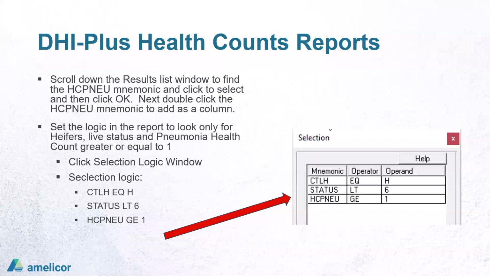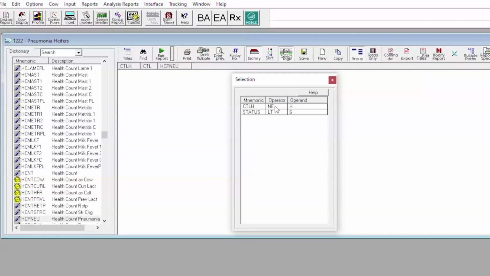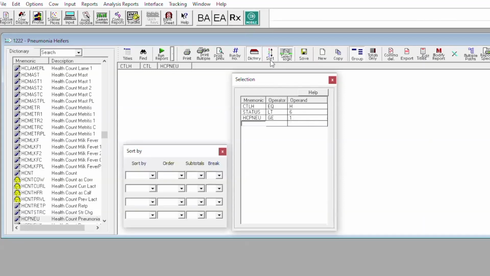So that third line says HCPNEU GE1. We can sort by this as well to get them high to low. So on your sort by button, choose the health count pneumonia mnemonic and in the order choose descending.